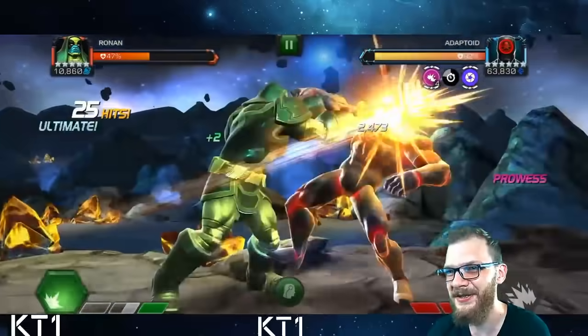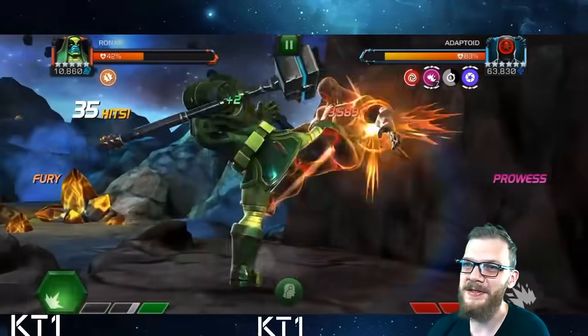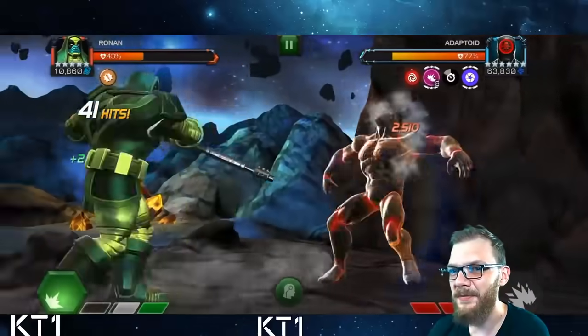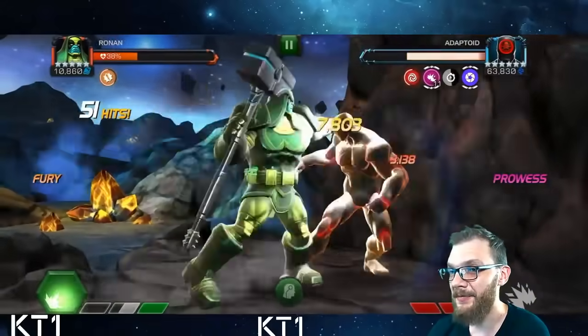I should have cut it shorter, but it's fine because he can't throw his level 3 anyhow. And here we go. At this point, the fight is won. You can definitely get it done with lower star Ronin. Why not? And yeah, obviously here majority of the damage, well, all of the damage past this point is going